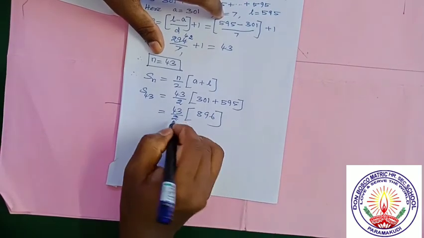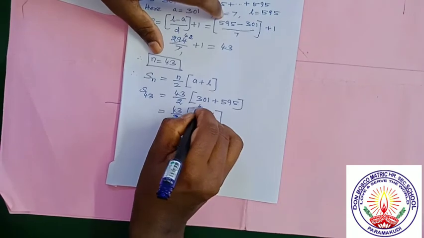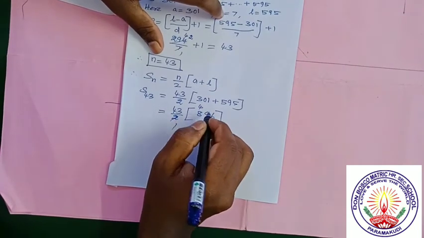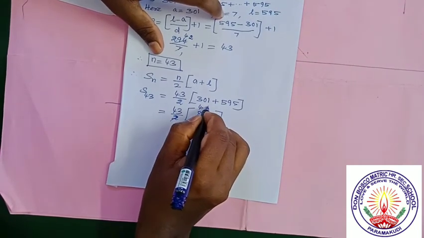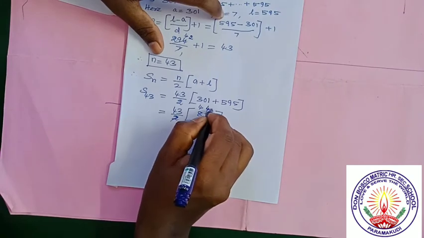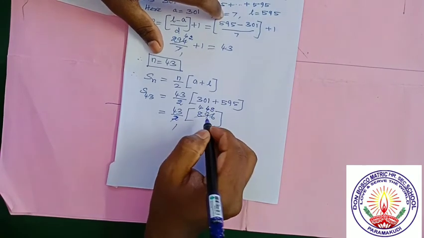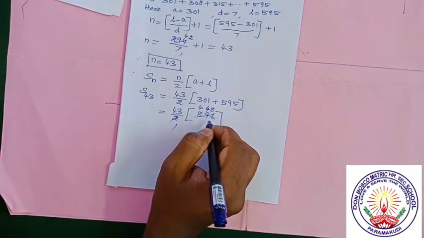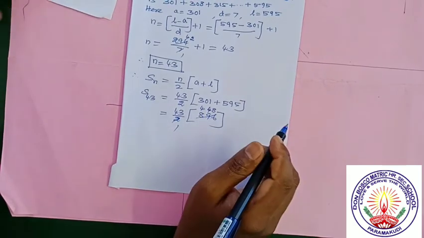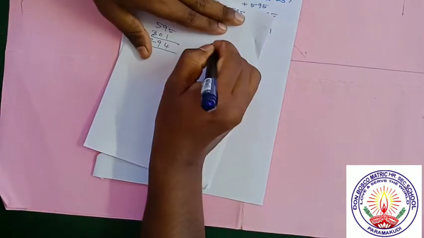So we have to divide by 2. 1 2 is 2, 4 2s are 8. 4 2s are 8, remaining 1. 8 2s are 16. So the answer is 448, 2s are 896. We have to multiply the two numbers. So 448